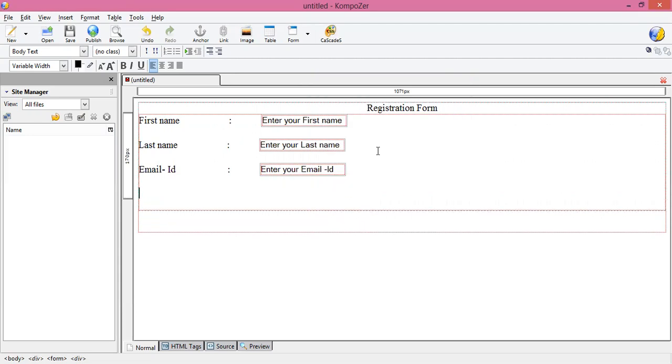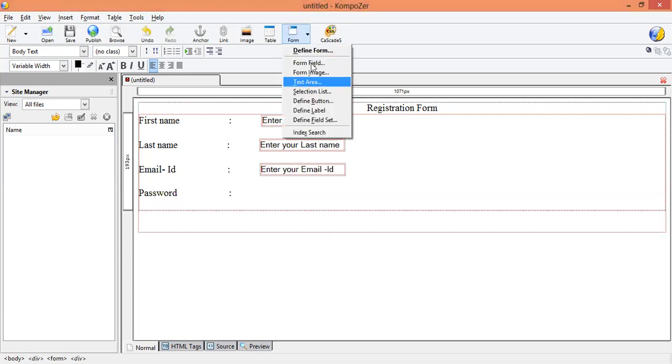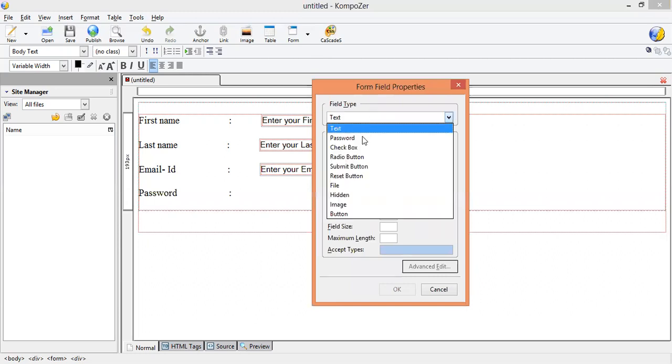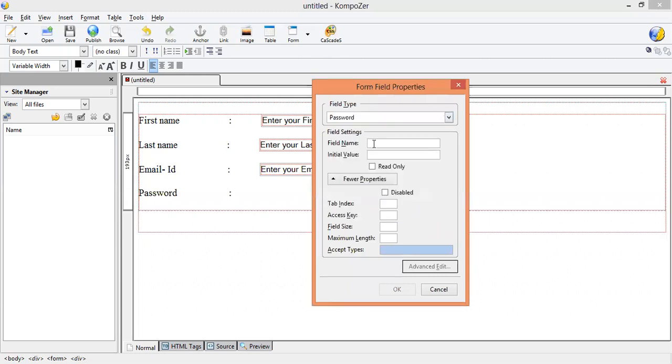Then next is password. For the password you have to take here the password field, form field. In place of text you have to select here password, the field name, which is PWD, initial value, which is, enter your password.